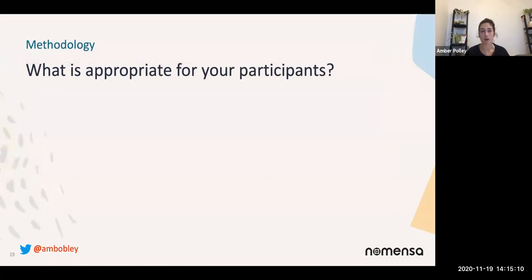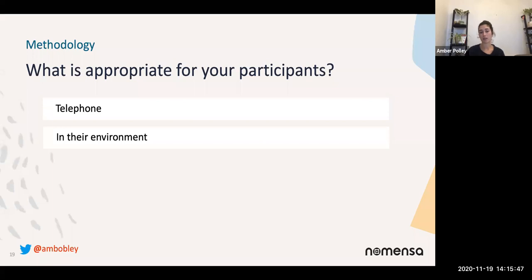So next you need to think about your methodology. So when you're actually planning, what is going to be really appropriate for your particular participants. So you could be conducting research through telephone interviews or over the phone. This might be a good methodology for people who don't want to be meeting up with people one-on-one or going into a new environment. However, if you're researching with vulnerable elderly people, some of these people, especially who have dementia, they won't know or can't know the difference between scam calls and genuine calls. So this won't be appropriate for them, and it will put them in a vulnerability.